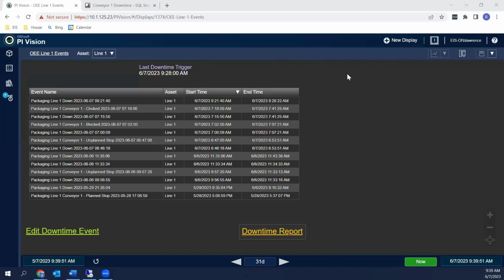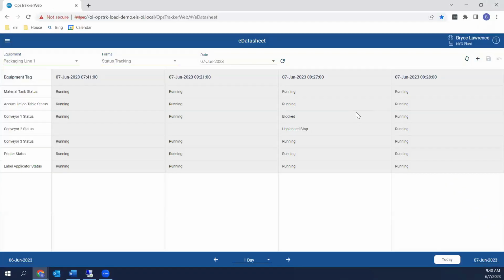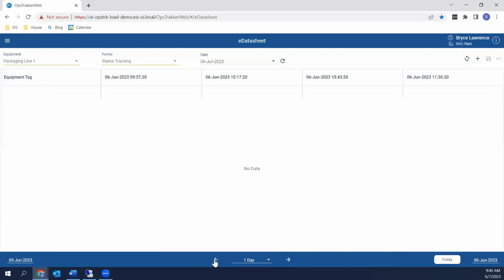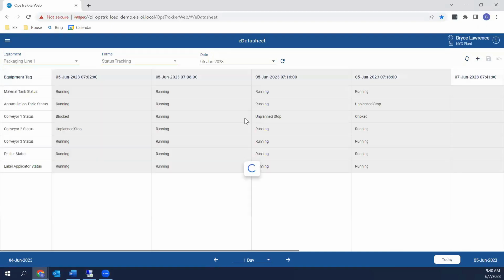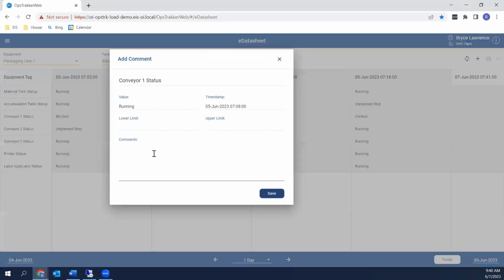Within eDatasheet, if I enter in a value, can I enter in comments associated with it? Yep, absolutely. Let me show that. If I come in here, I can go enter a comment, I can add a comment. It doesn't have to be the most current thing. I can come back to something that was entered a while ago, and then